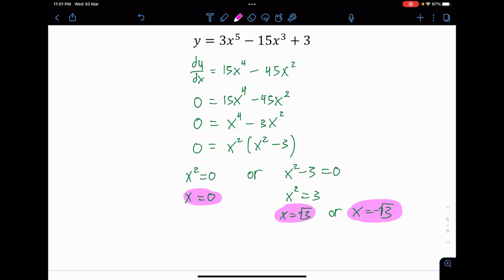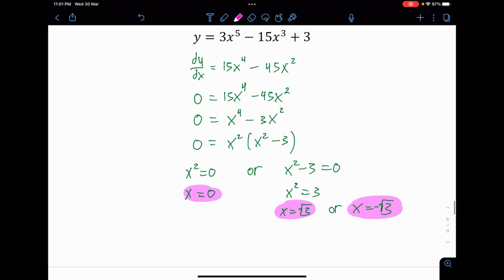And you differentiate it. You want to find the turning point, the gradient of 0. You got these three numbers: 0, root 3, and negative root 3. Then it raises a question: who is the maximum? Who is the minimum? And also who is the inflection? Mind also that not necessarily you will have everything, because I have no idea.